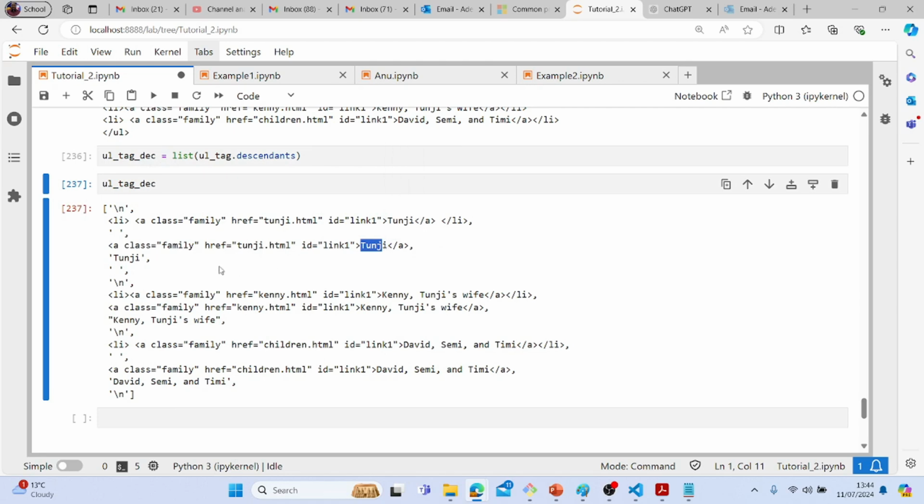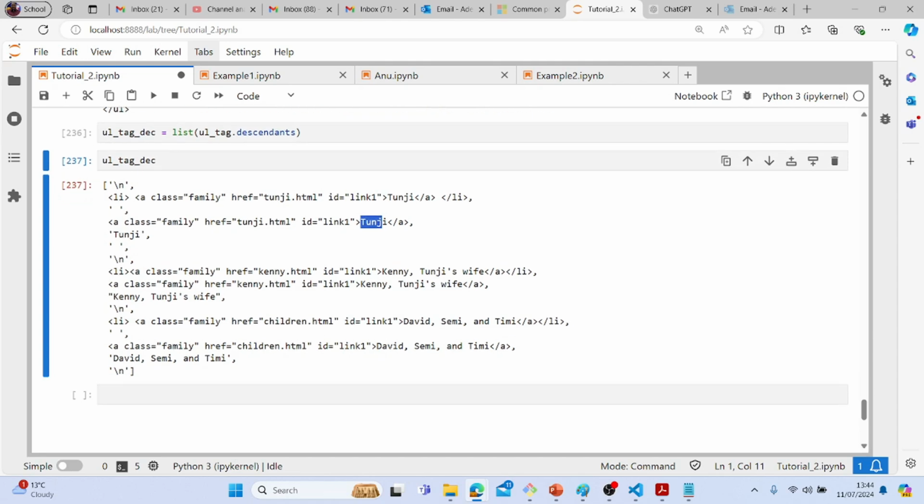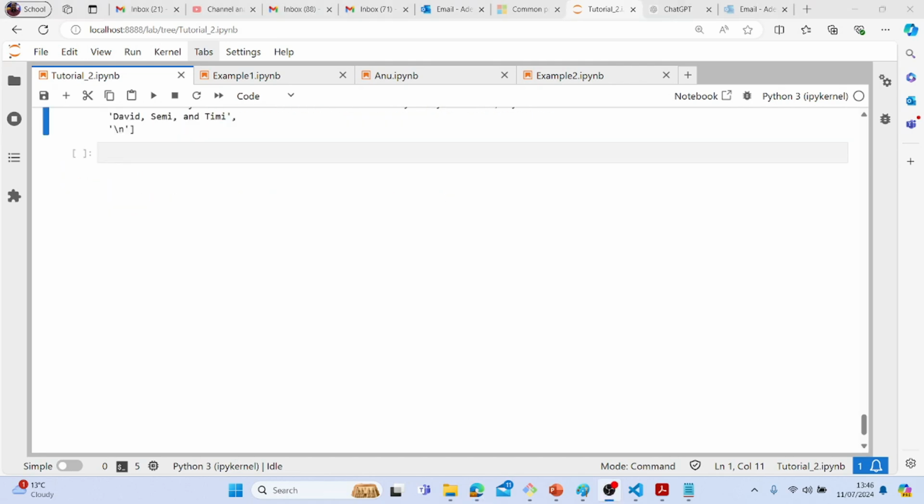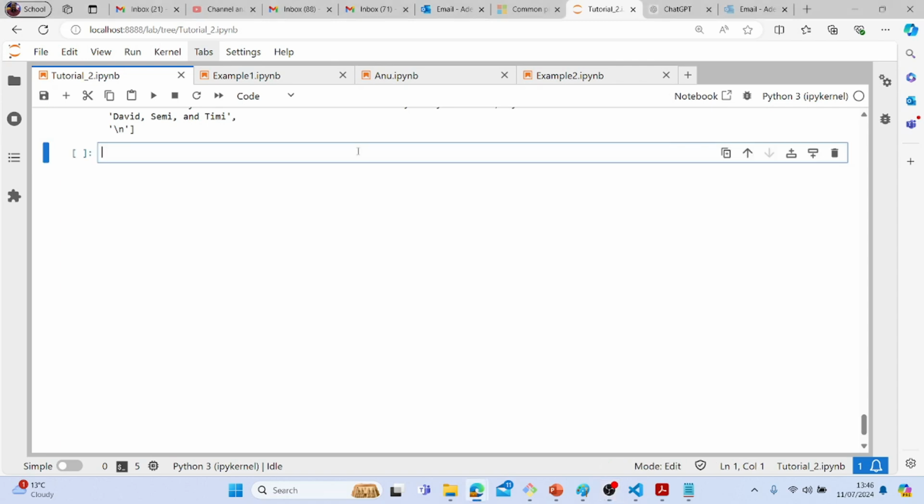So it gives us the children of that tag and its children's children. So you have the descendants displayed there. So the content attributes, children attributes and descendant attributes are exploring the HTML structure tree down,